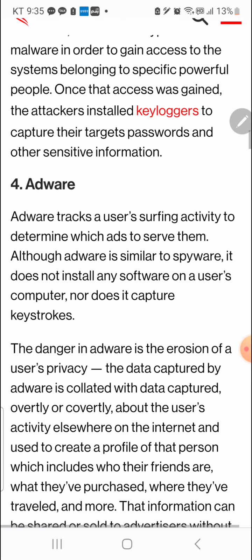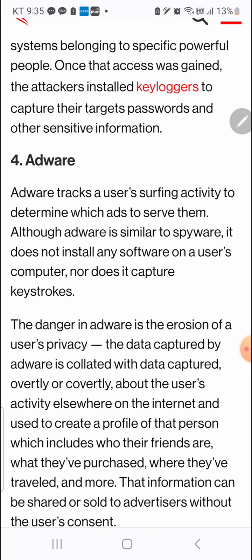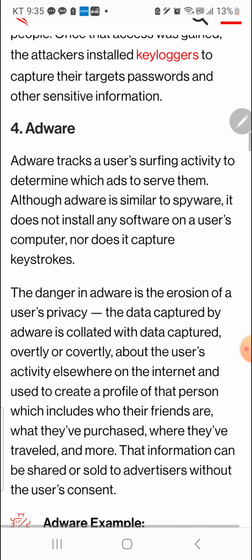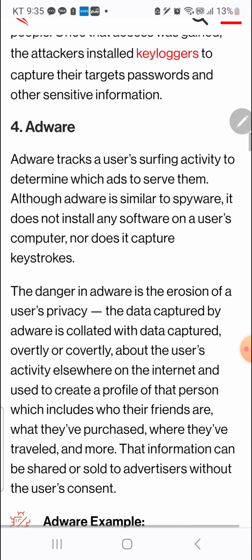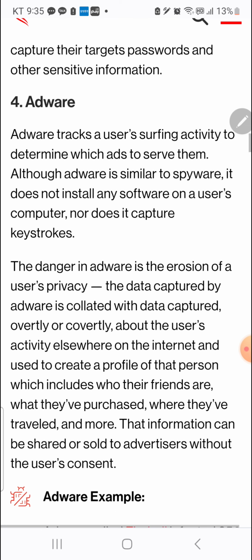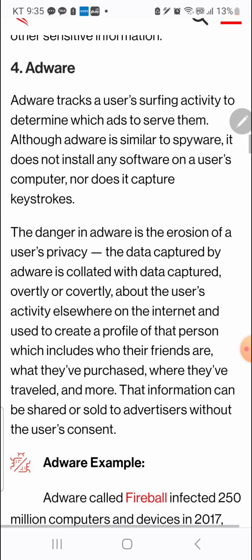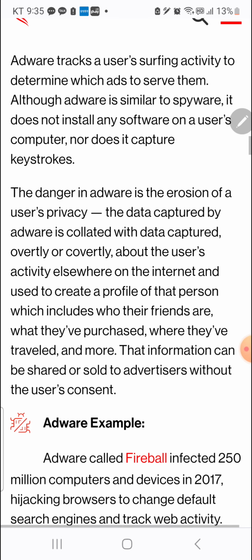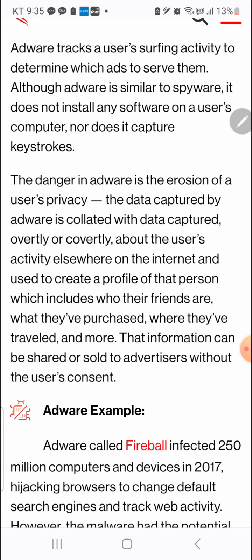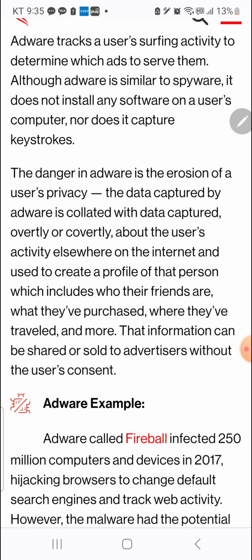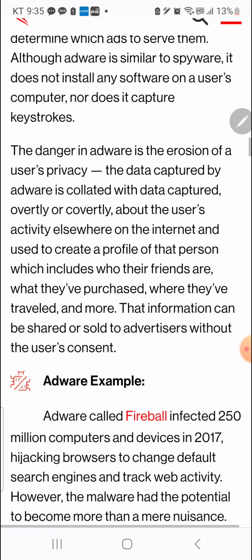Number 4. Adware. Adware tracks a user's surfing activity to determine which ads to serve them. Although adware is similar to spyware, it does not install any software on a user's computer, nor does it capture keystrokes. The danger in adware is the erosion of users' privacy.